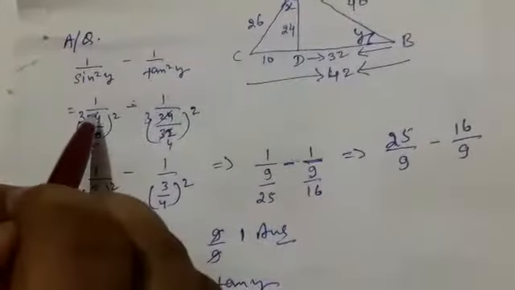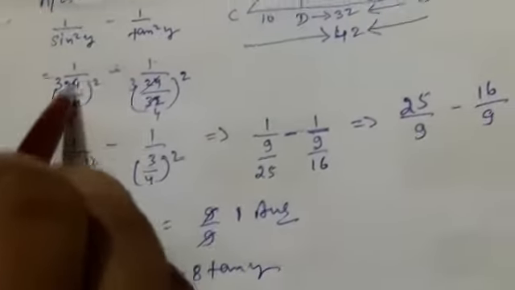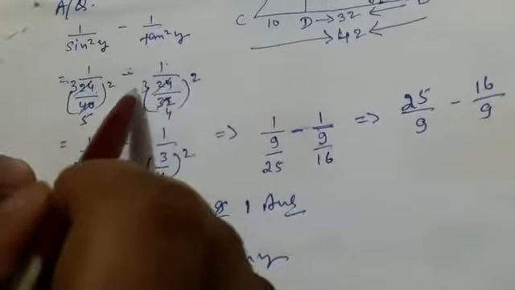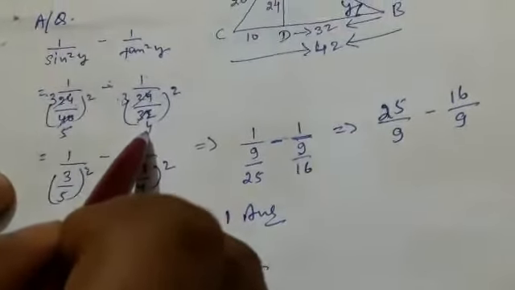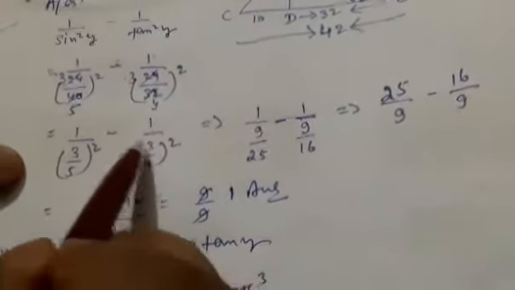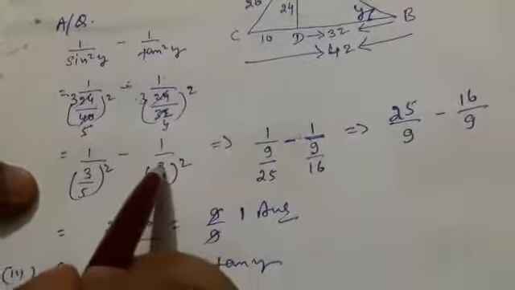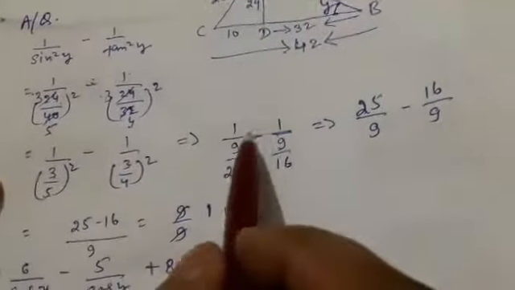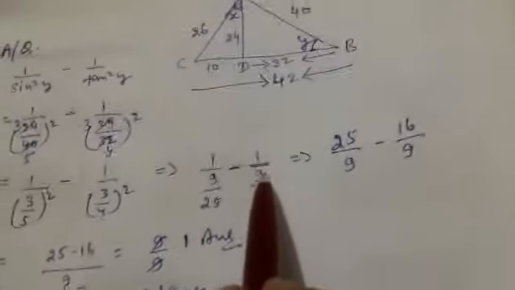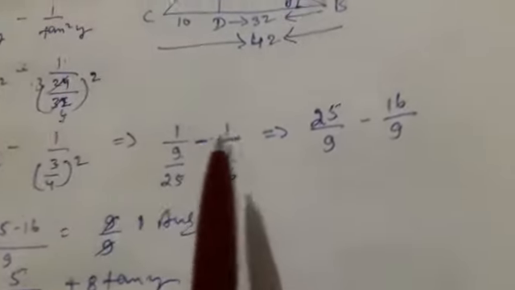Now let us simplify this. We can divide both these numbers by 8, no? 8 3s are 24, 8 5s are 40. This side also, 8 3s are 24 and 8 4s are 32. So 1 by 3 by 5 whole square minus 1 by 3 by 4 whole square, that is equal to 1 by 9 upon 25 minus 1 by 9 upon 16, which is equal to,